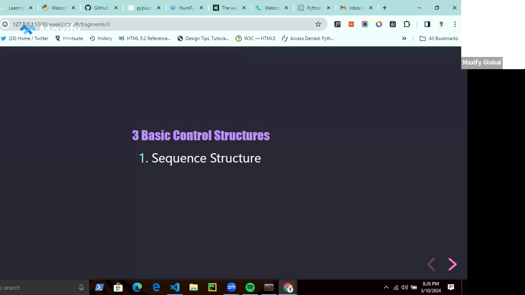So the first fundamental thing you need to understand about structured programming is sequence. The sequence structure simply states that you have to run your program step by step. So anytime you're writing your program, you must bear in mind that it has to go step by step, one line at a time. Then two, we have selection structures. Typically these help us make decisions. They help our program to make logical decisions. For example, if there is rainfall, then I need my umbrella.